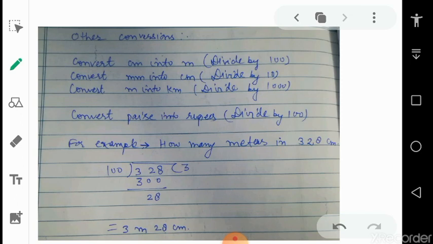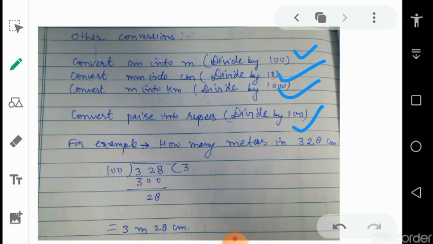Next, there are some conversions you should remember. If you convert centimeter into meter, divide by 100 always. If millimeter is converted into centimeter, divide by 10. If meter into kilometer, divide by 1000. And if you convert paise into rupees, again divide by 100. For example,